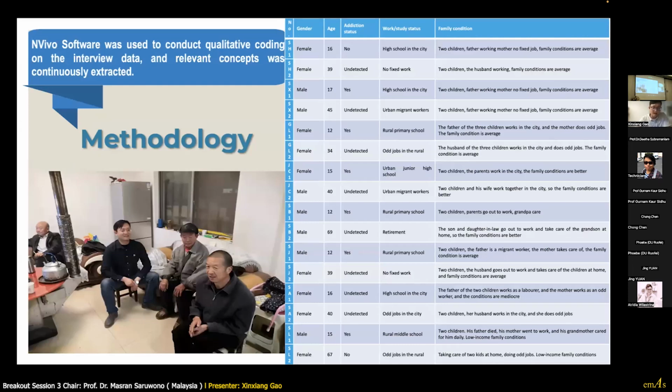This study included the primary guardians of rural juveniles in the scope of interview objectives and selected 16 respondents. Software was used to conduct qualitative coding on the interview data, and relevant concepts were continuously extracted.